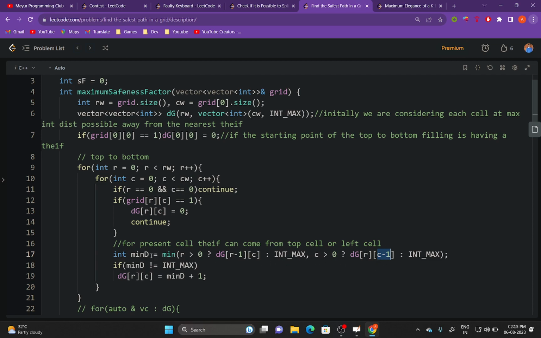So you will be taking the minimum of this. If the minimum value happens to be the maximum value possible for an integer, you will not be updating the distance grid for that particular cell. It means this cell is not reachable by any thief, so the max value will stay maximum. In case that's not the case, you will be updating the value with the minimum distance possible from these two